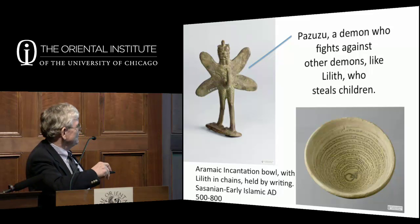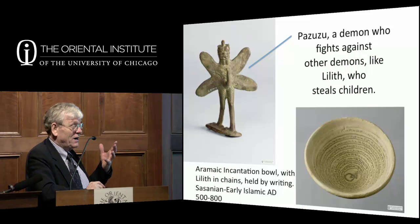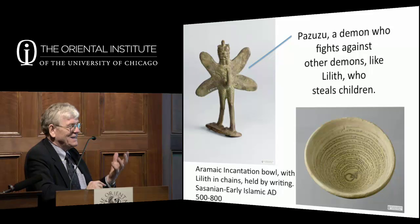It runs from the center to the outside. And very often what you'll have in the middle is sometimes a very scary figure. This one's not so scary, but that's the demon in chains. They chain the demon down, and then they hold it in its place with this, which is essentially a prayer. And sometimes they will get very, very exact. They will say,